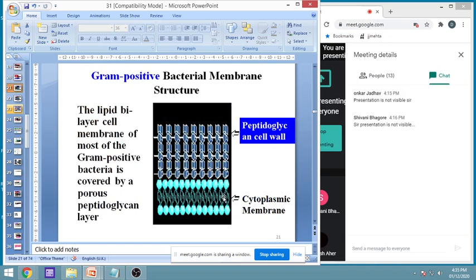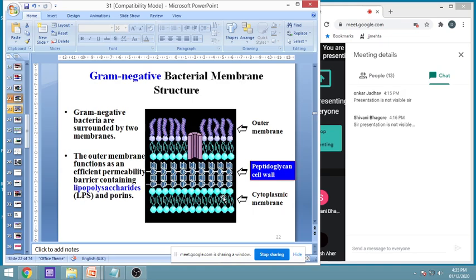So this is how the gram positive structures are. There is a cytoplasmic membrane and a peptidoglycan cell wall, and in that it can be incorporated. Now if we see the gram negative one, it has an outer membrane and inner membrane, and there is a peptidoglycan in between, the blue colored one, you can see this. Because of that the penetration will not be possible. These are the porin channels, and they are very small in size and will not allow the penicillin molecule to cross through.